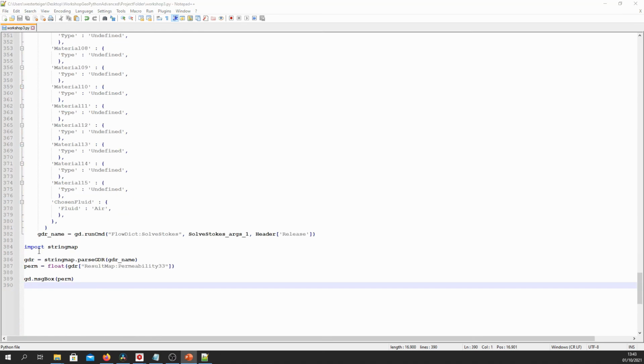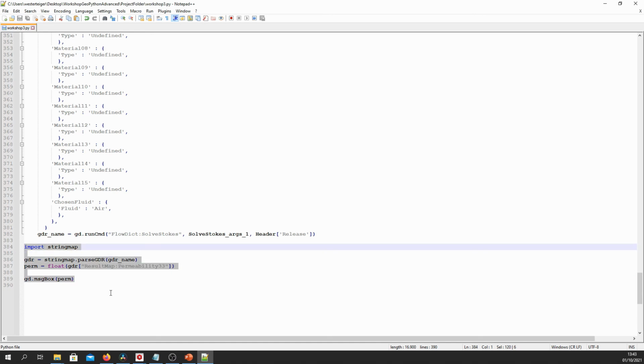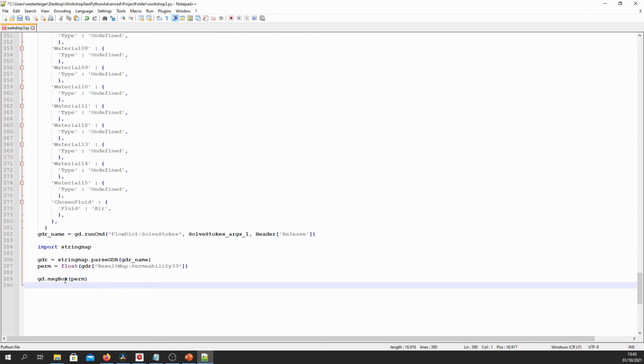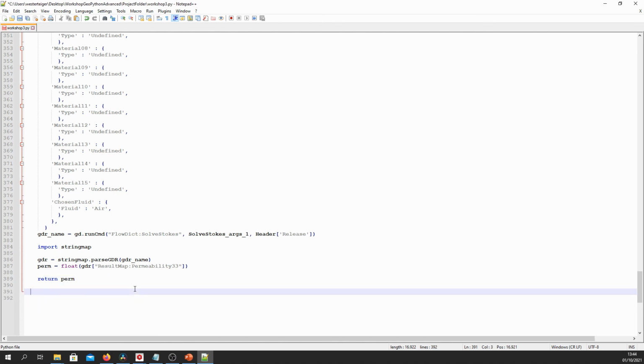Oh, I just realized I made a mistake here, but just easily fixed though. Please also include this code down here in the function by just selecting it and pressing tab once. Now all of this is part of the function. So it will also at the end of the function extract the permeability value. But instead of displaying it, we now do return perm instead of GD message box perm. Now we have a function which creates a structure, runs a flow simulation, and gives the permeability, all for a given solid volume percentage of the structure.